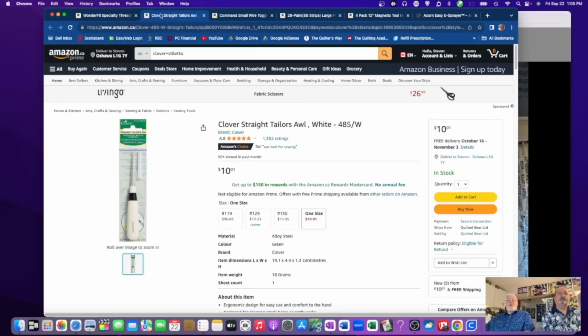Like when you're piecing really small pieces and you've got your fingers right up near the needle of your sewing machine, I don't know about you, but I really don't want to pierce my fingers with a sewing machine needle. I will use this. I have found it's also really great for making accurate blocks because when you put your two pieces of fabric together